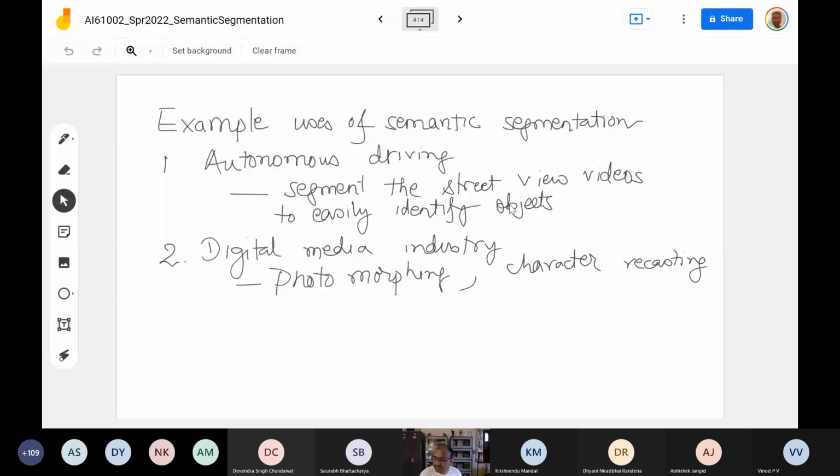Has anybody seen behind the scenes of how they are made actually? No idea. Sir, I think the CGI. Yeah, CGI is computer generated imagery. So in fact, when we get into adversarial learning, I will show you one of the most popular things which people know, generative adversarial networks or GANs. GANs are these days taking on the whole CGI world by storm. I mean, they have already done it; there are full scale movies which are produced with generative adversarial networks. But the point is, I'm not speaking about computer generated imagery. I'm speaking about the other, which is essentially called